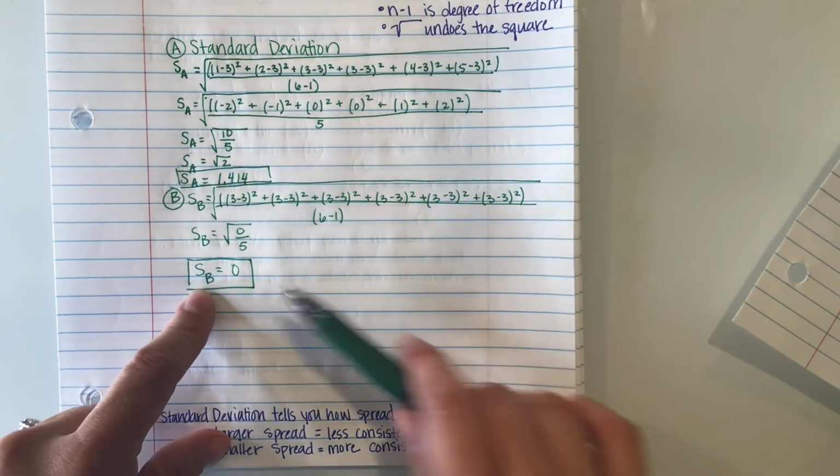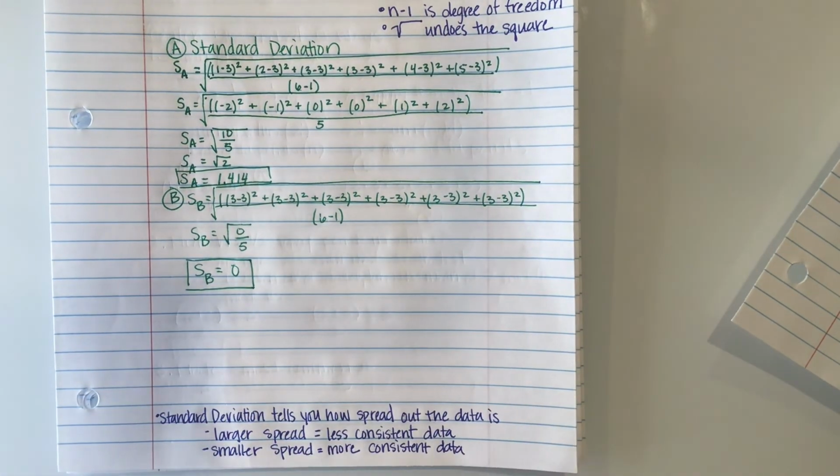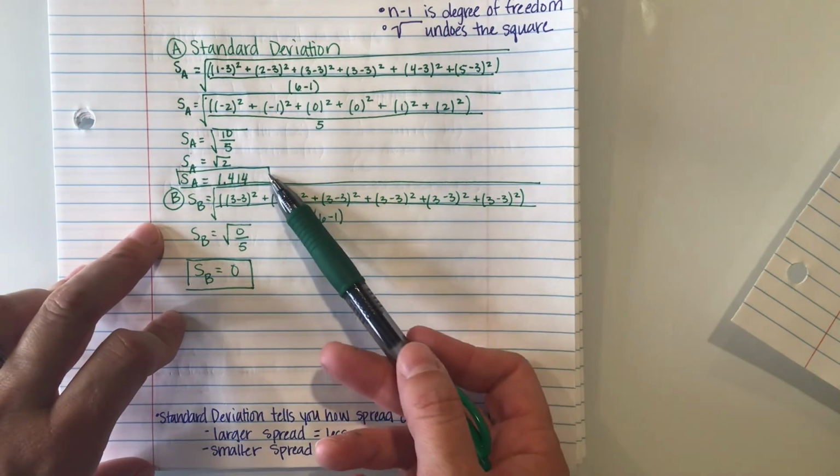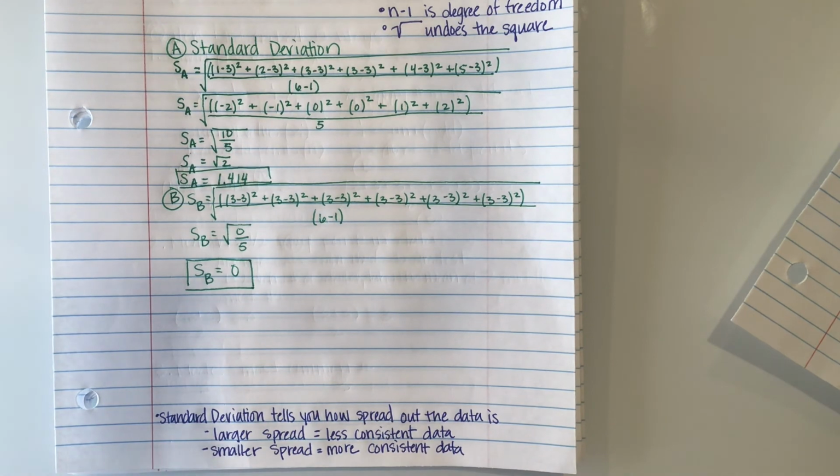That means my standard deviation is 0. So the bigger the number in your standard deviation, that means the more spread out or the bigger the difference between your data points. The smaller the number means that your data is more consistent. Maybe you got the same number or close to the same number over and